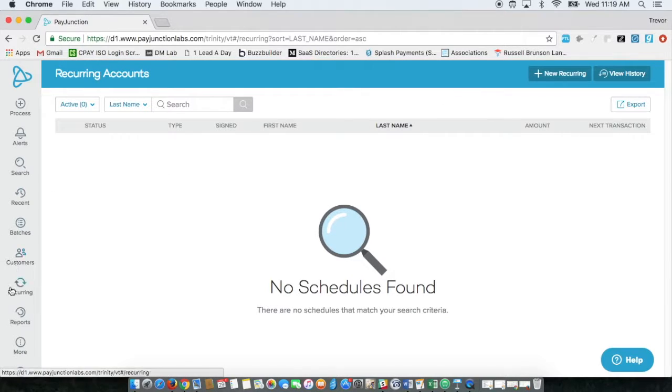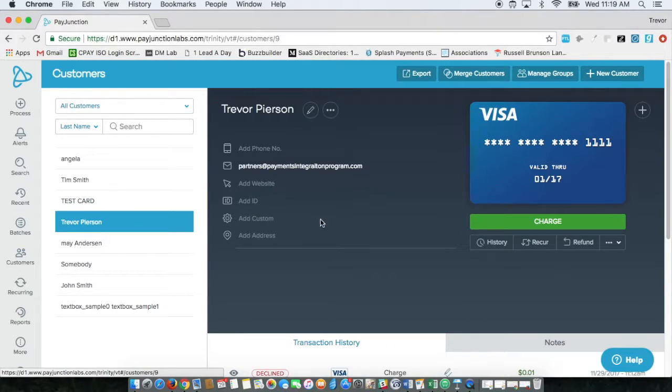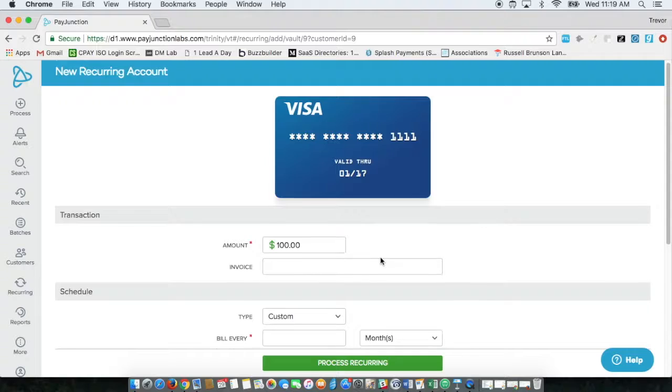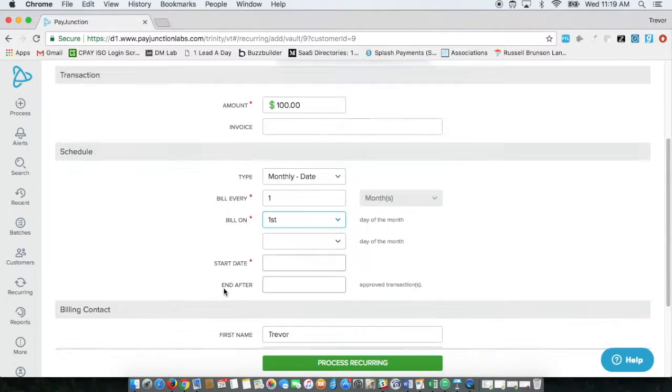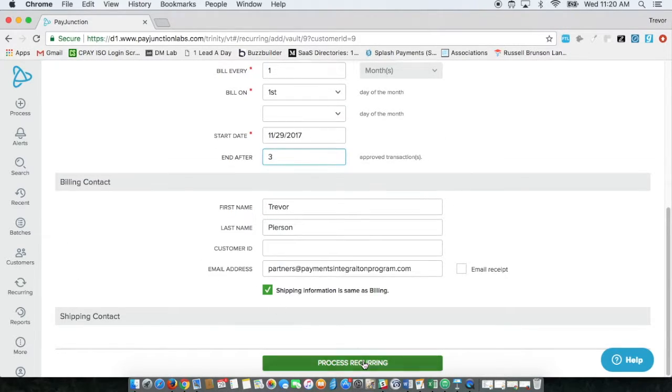So we would just come to the reoccurring button down here, come up to new reoccurring, and you can either swipe the card, or if you go to the customer over here, you just add reoccurring. Already has the information there. Now let's say that we're going to do $100 every single month, and we're going to do it every 1 month. We're going to bill on the 1st of every month. And the start date's going to be today, the 29th, and we're going to do it for 3 payments of $100 on the 1st of every month. We hit process reoccurring,